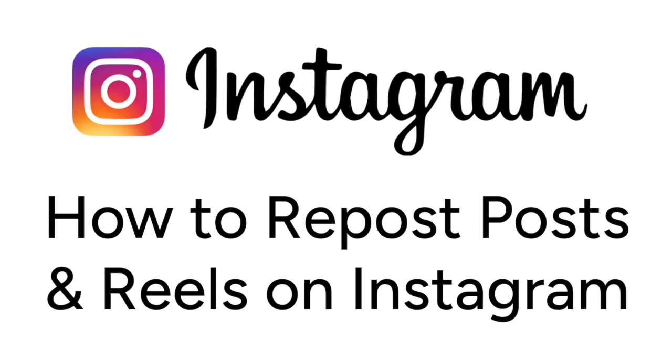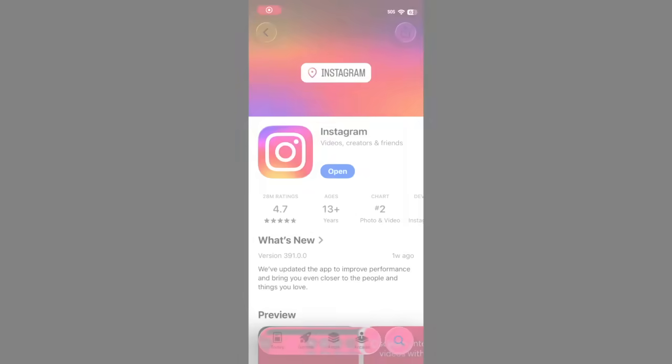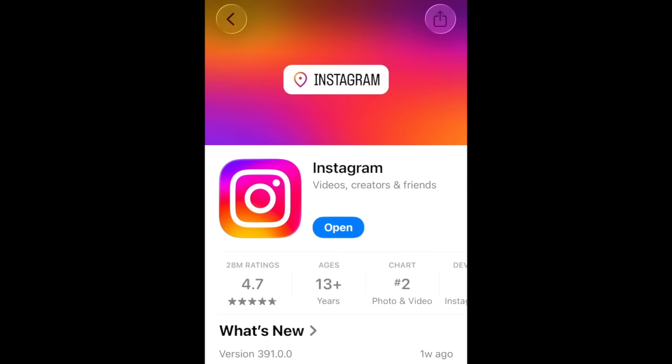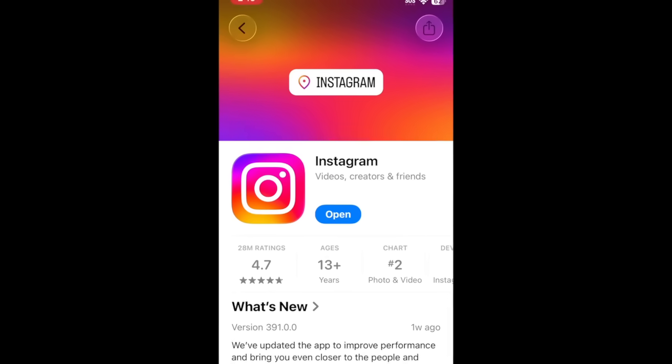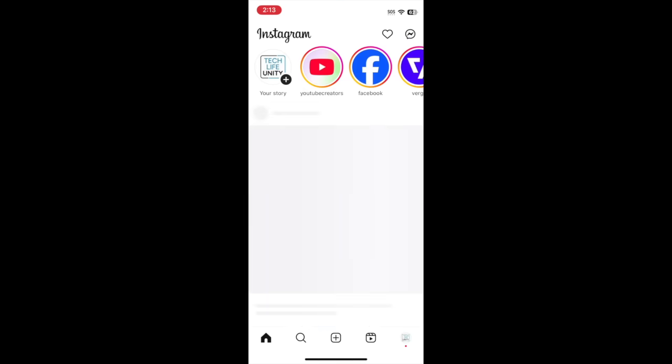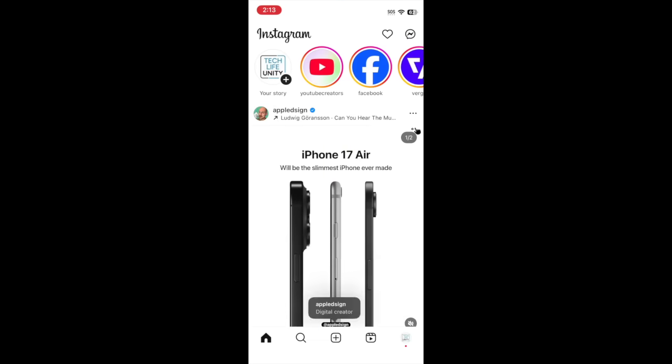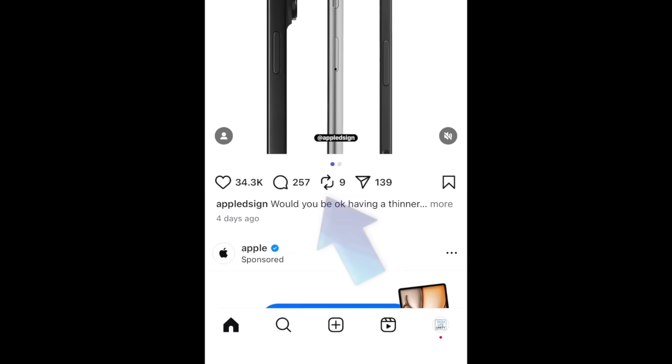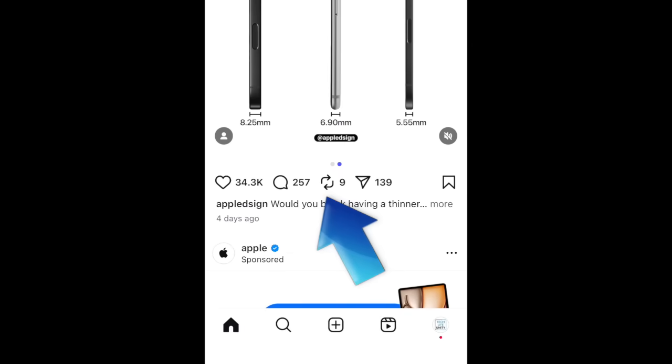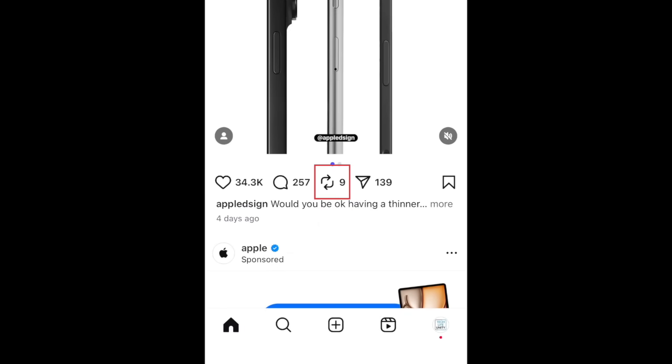Now let's get started. To get access to the repost feature on Instagram, ensure you've updated your Instagram app to the newest available version. Then open Instagram and check out your home feed. Below regular feed posts, you'll see a repost icon between the comment icon and the share button. Tap the repost icon to share this post to your followers in their home feeds and in the dedicated repost